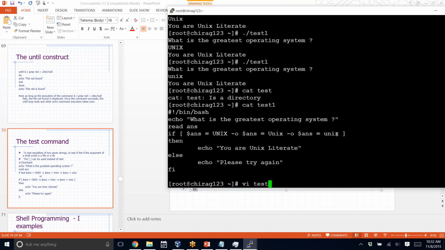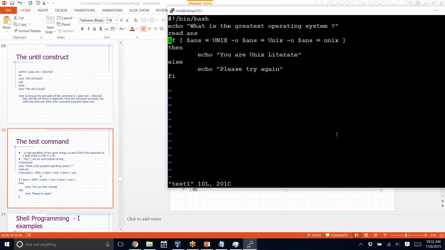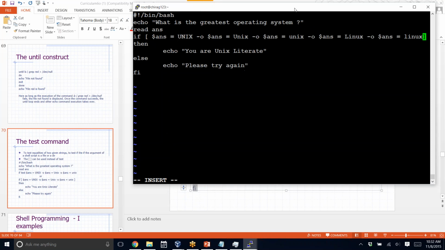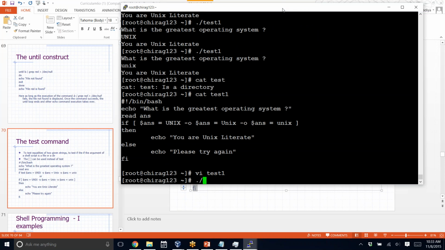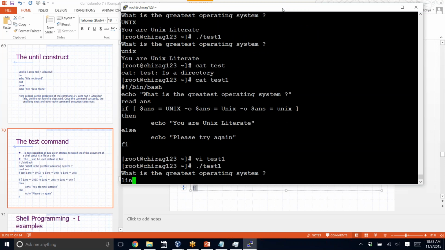So vi test1, and then I go to the end here, and I do -o, $ans equal to Linux -o, $ans equal to small Linux. So now if I save it, if I do ./test1, and if I type Linux,